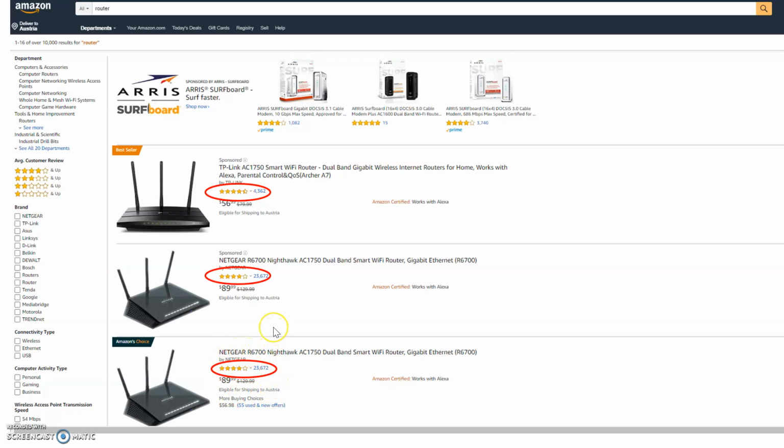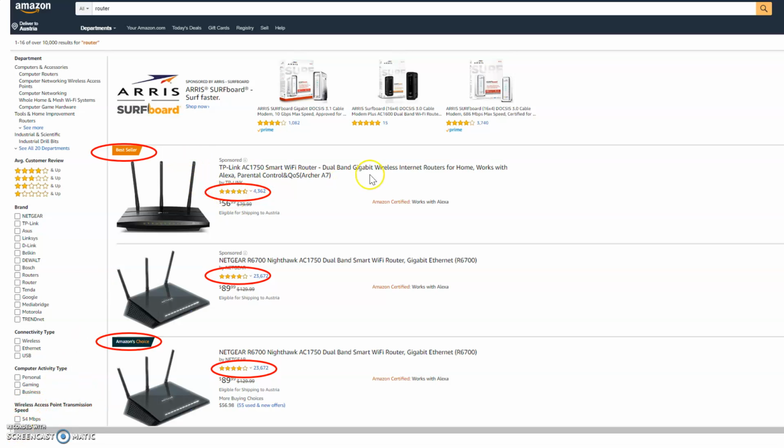And there are also some other cues we could use to make the decision. Such as there is a little label here, best seller, and also this one is Amazon's choice. So we can see that on this web page, there are several cues helping the potential customers make the final decision, to make a wise decision.